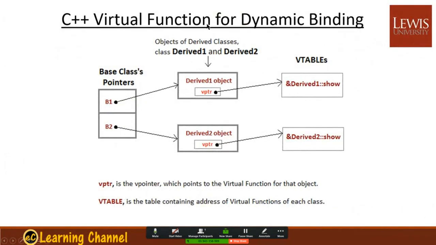C++ virtual function for dynamic binding. The C++ virtual function is the dynamic binding or polymorphic method used in the C++ language. And actually, the definition of virtual function is quite different from the dynamic function that is used in Java. So it uses a virtual table or vtable for the different definitions of the same function name and signature